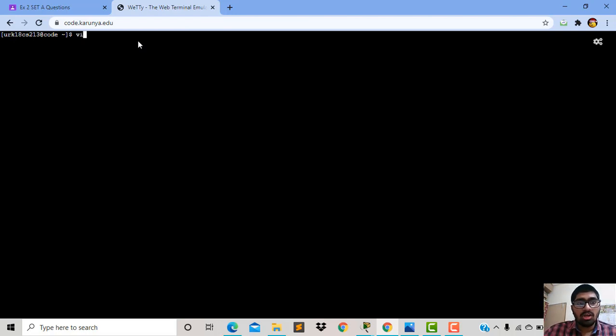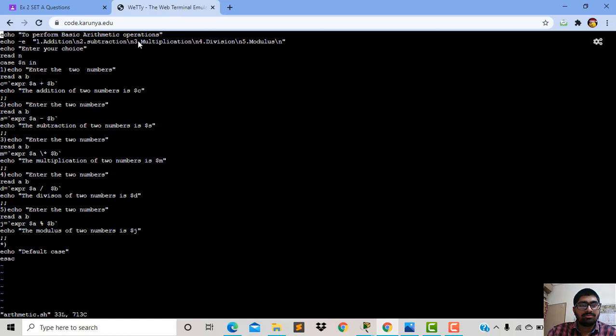I forgot to tell that in Linux, for creating a shell script, the file name ends with .sh, so vi arithmetic.sh. I have told that echo acts as the printf statement. Here I am using the addition, subtraction, multiplication, division, and modulus operations.